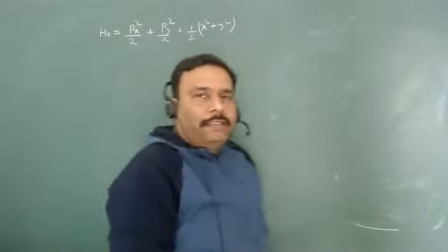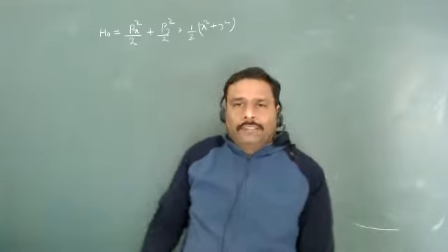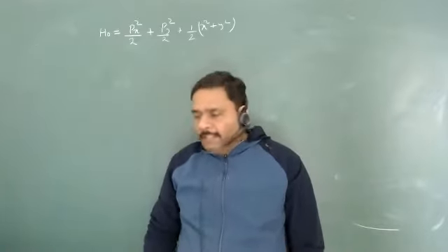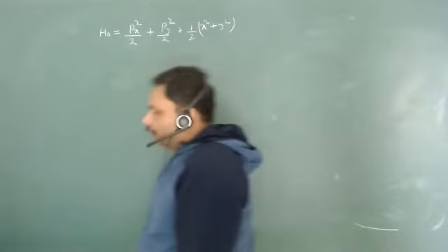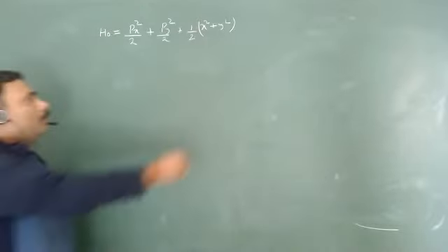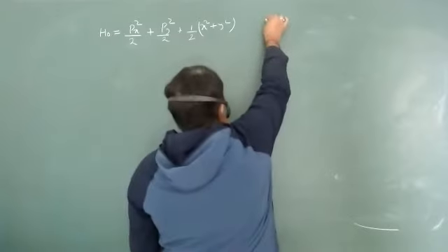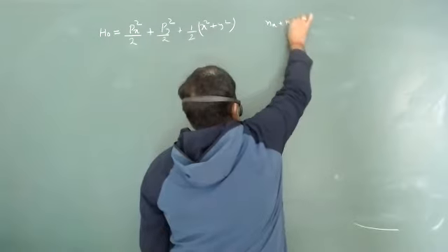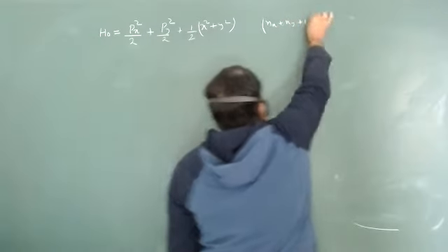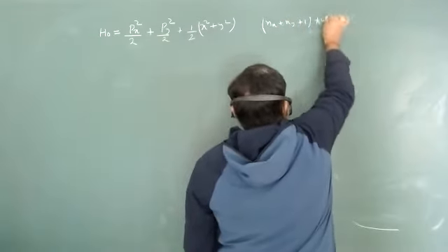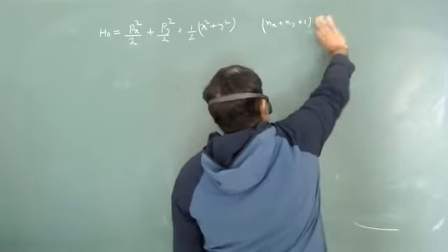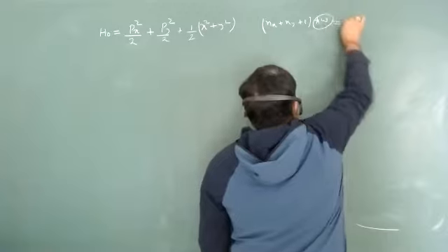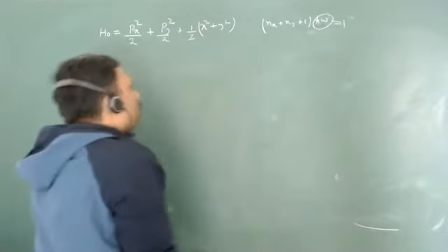Is it non-degenerate or degenerate? Doubly degenerate, okay, because you know what the energy eigenvalue is. The energy eigenvalue is nx plus ny plus 1 times h cut omega. Remember? And h cut and omega are all 1, so assume this value is also 1, just for simplicity.